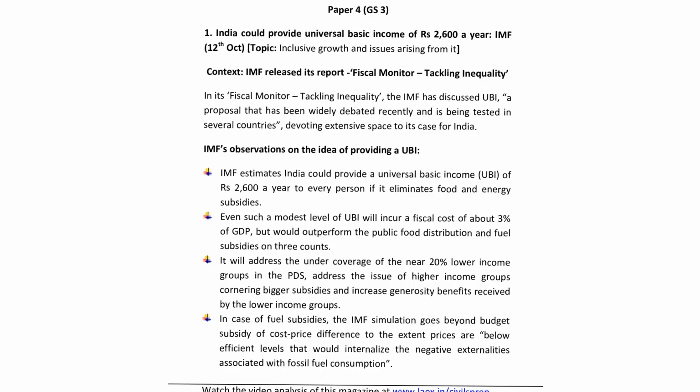Through all this debate, the IMF has also made its own survey. The IMF usually does not allow countries to provide money to their people freely, but still the IMF has recommended that India can go up to 2,600 rupees per year as universal basic income, right? So if this can be done, then we can actually bring people out of poverty. Then again, the debate will be, the poverty line itself is 200, 300. And if you can't reach this through the universal basic income,